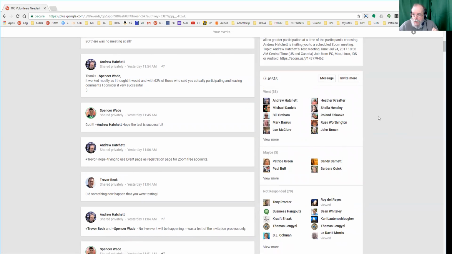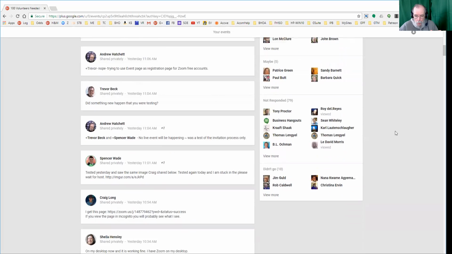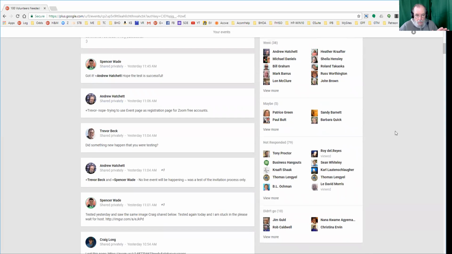There may be other methods of doing a registration thing. You might be able to put in the comments over here a link to a Google form, and have them fill it out. And it's only those people that fill it out, which would include their email address, so you could send them the link to the Zoom meeting or whatever. There's several ways it could be done. This was just the quickest and easiest to work with, and like I say, we found out several things.